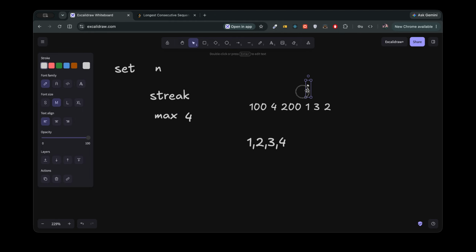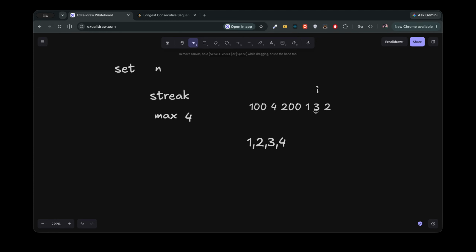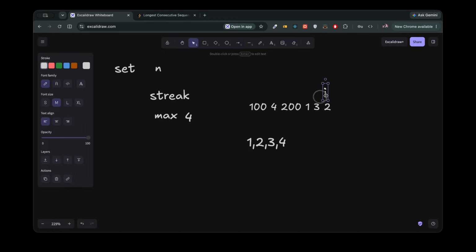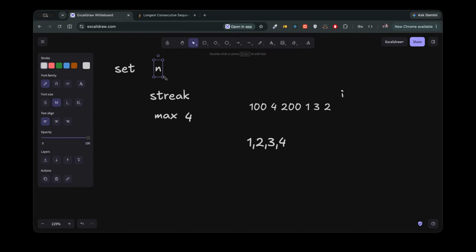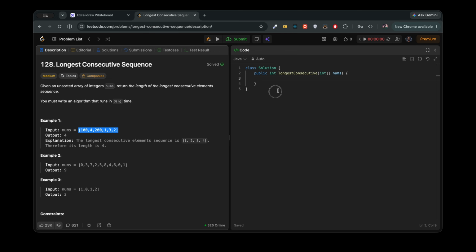And then as soon as we move to 3, we are gonna see that this has a previous consecutive 2. We are gonna completely skip it. This also has a previous consecutive of 1. Okay, so we are gonna skip it. So this is how we brought down our entire n cube approach into a n square, if you calculate the set's contains method as well. Okay, so it's n square, but if you think about the traversal, that's only big O of n time. Okay, so now to implement it,